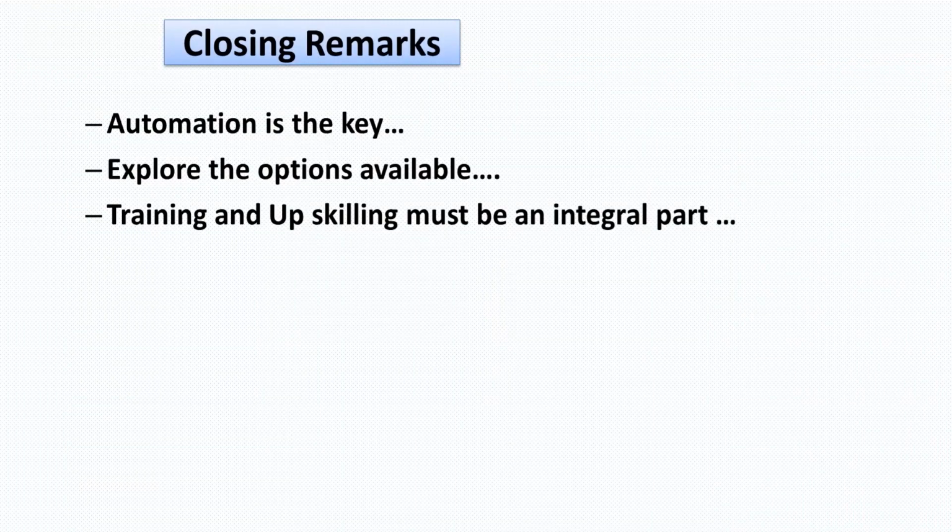Now we can take up the questions, as I conclude my session for the topic which is allotted. I would like to use this closing remark saying that automation is the key. Wherever possible, we should try to automate so that human errors can be reduced. Plus, we can use productivity of human beings to a greater extent, and we can use our resources for quality reviews rather than these mundane, routine tasks of doing repetitive work.